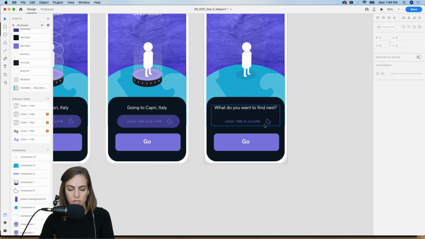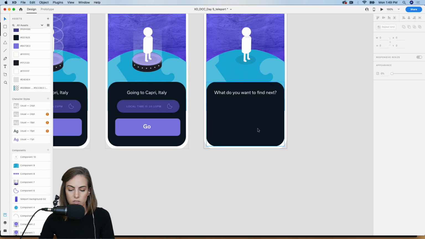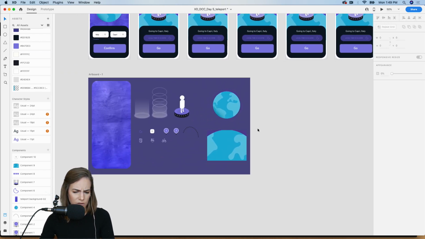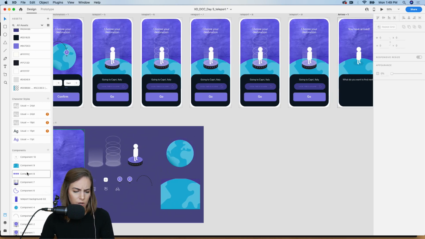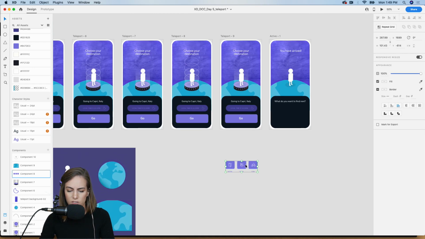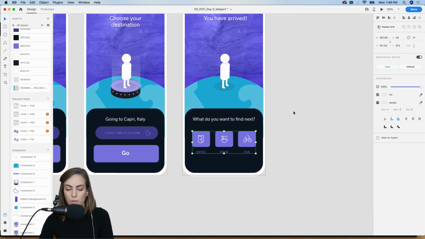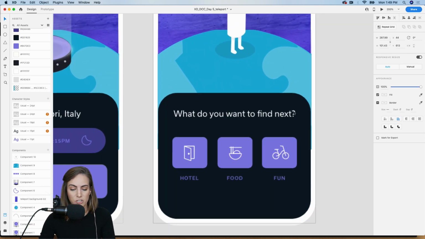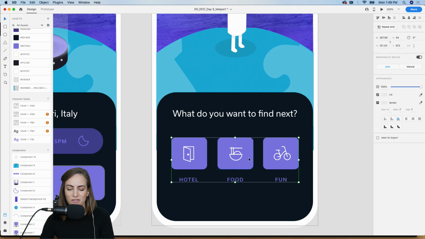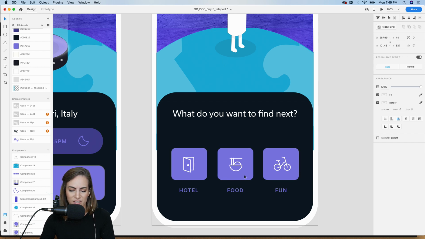So now we can delete local time and that moon icon, and we can delete this go. And then I just have a few components that I want to add. So let's say, like, once you arrive somewhere, maybe you want to get a hotel, or you want to find somewhere to eat or do something fun. So we can add that just below.